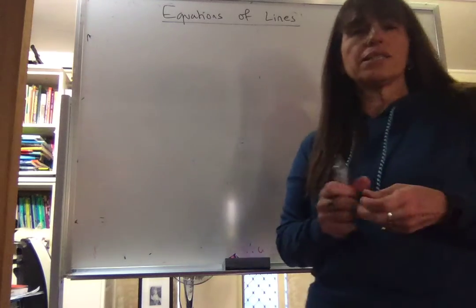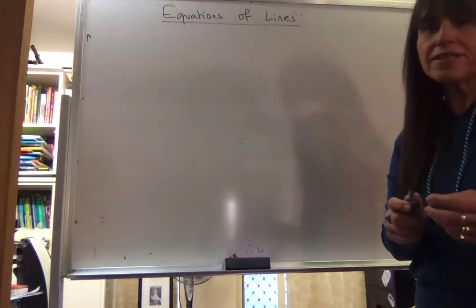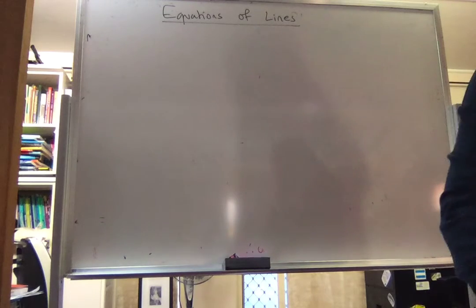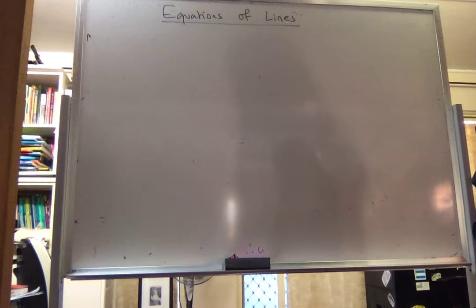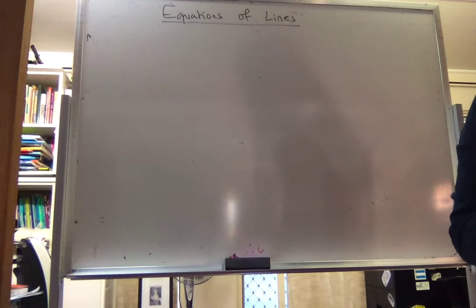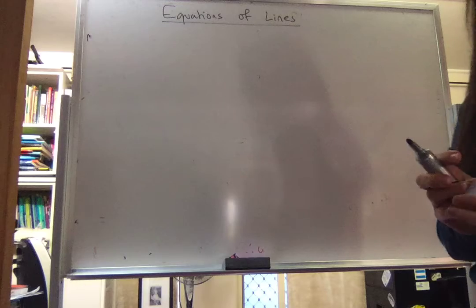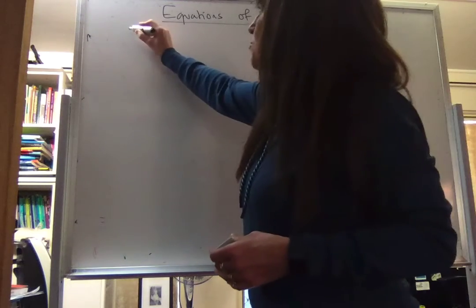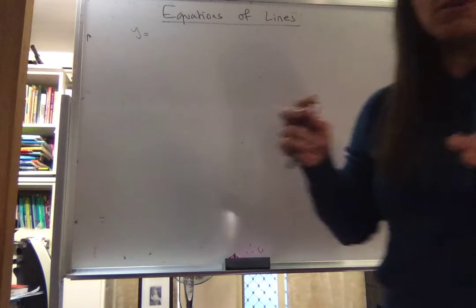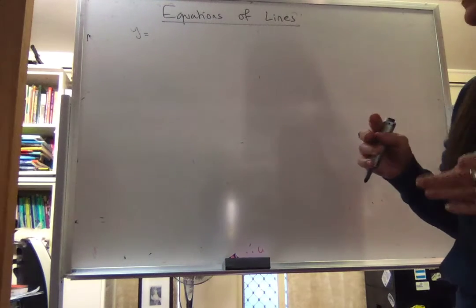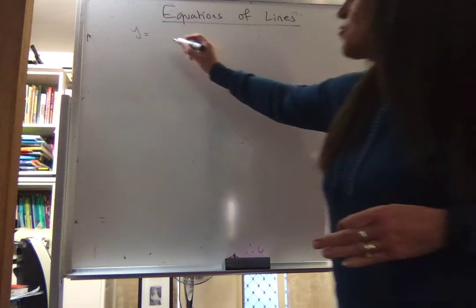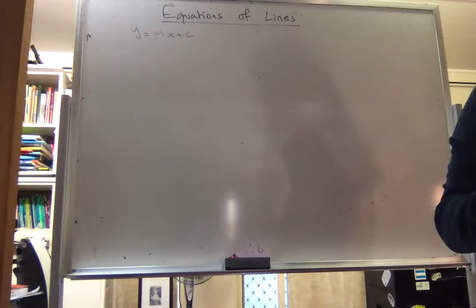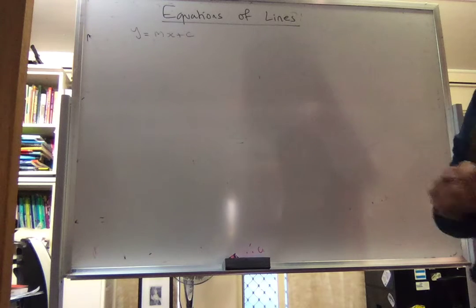Okay, so we're looking at equations of lines. So the next exercise, I think it's actually called equations of lines. So it's exercise C. So it introduces a number of types of lines. So the first one, and we're always looking at the equation of a straight line, a linear function. So we've already looked at y equals mx plus c, and this one is called the gradient intercept